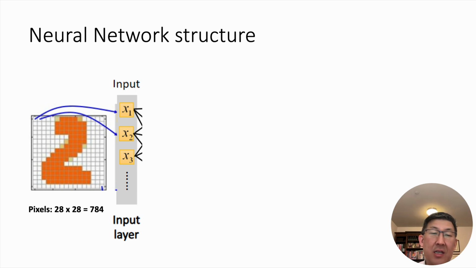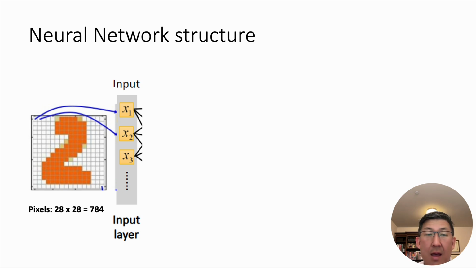Okay, so here's an example. It's the number 2. Each one of these is 28 by 28. You can think of this as boxes, 28 by 28 boxes. And the X1 is the first box, next to it X2. Now, if you get a 28 by 28, each of the boxes has a value. And you can see that when there's nothing in there, it's usually 0. And then when it's some kind of value, it could be kind of a